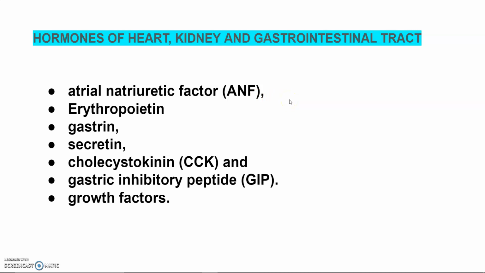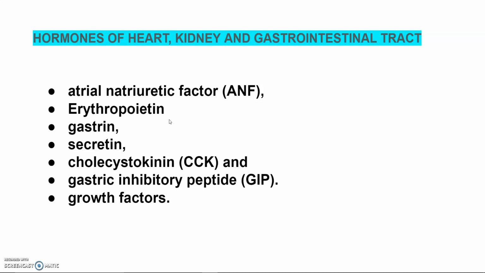It decreases the blood pressure. When blood pressure is increased, this factor is secreted, which causes dilation of the blood vessels and reduces the blood pressure. The juxtaglomerular cells of the kidney also produce a peptide hormone which is called erythropoietin. It stimulates erythropoiesis, that is, the formation of RBCs.